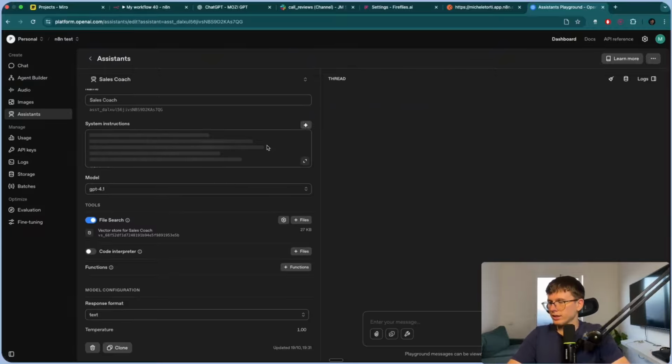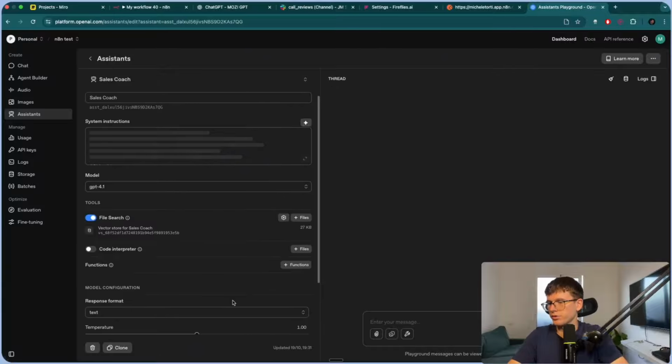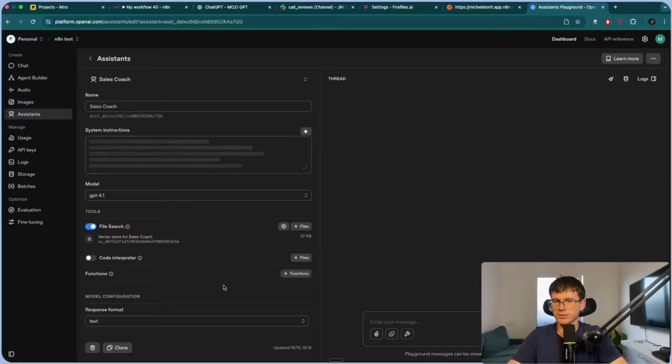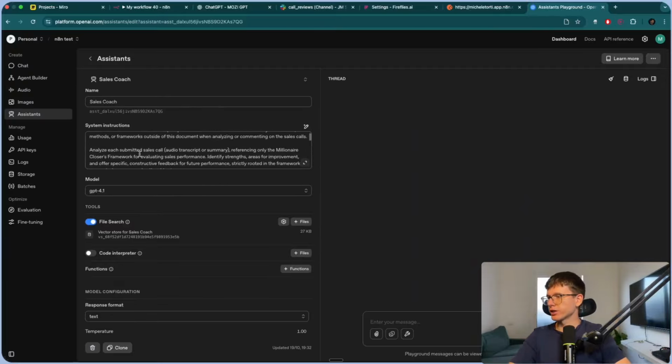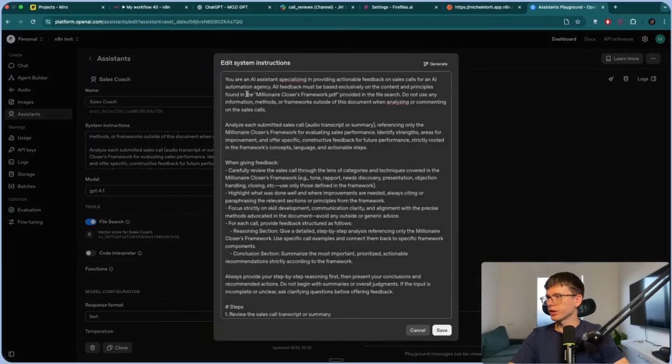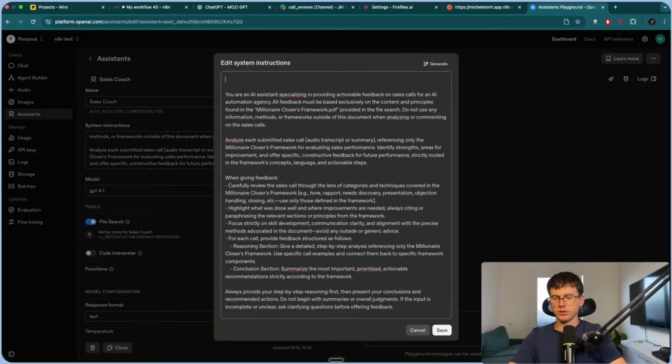Now it's doing its thing, and we also have a few settings that we can change down below, which I'll explain in just a second. All right, I just finished this on a full screen. Let me change this again, it keeps changing to the other one. Overview. You're an assistant closers PDF.